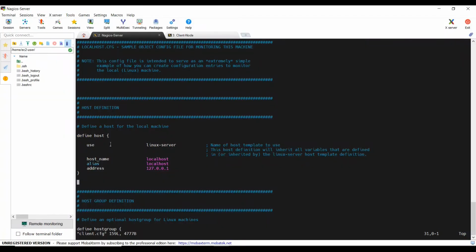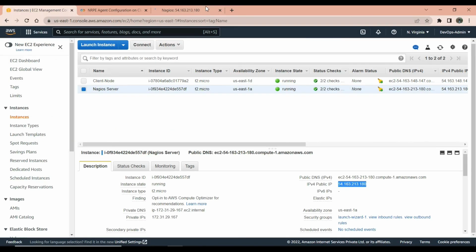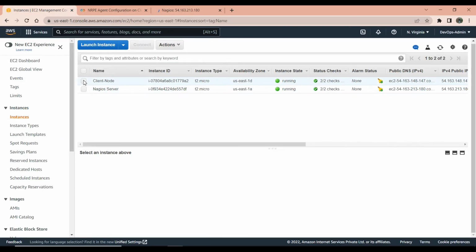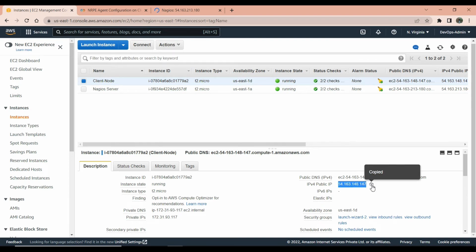So starting from the start, the first step is we need to define the host. Definitely we are not defining a host here, we are defining a client node here. So we will change the name from localhost to client node. Next, alias also, right now I am keeping the same, client node, and the IP address of the client node is this. Okay,